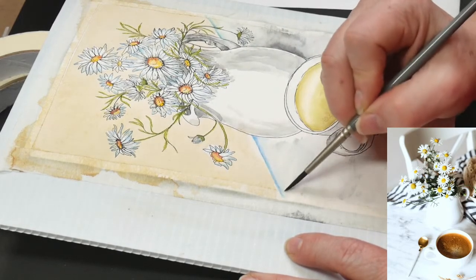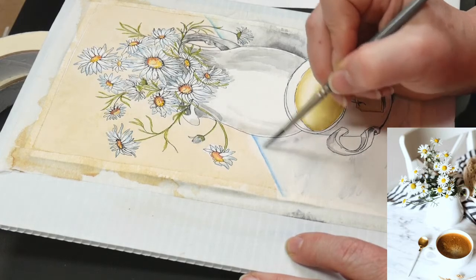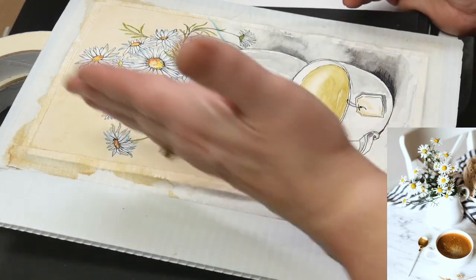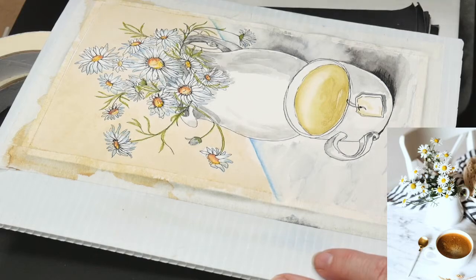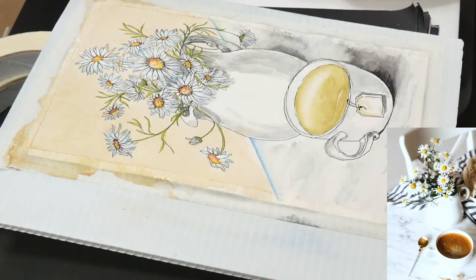I'm just wetting down that stripe at the back. And that's just giving us sort of an edge to the table back there. And now I think I am going to go ahead and put